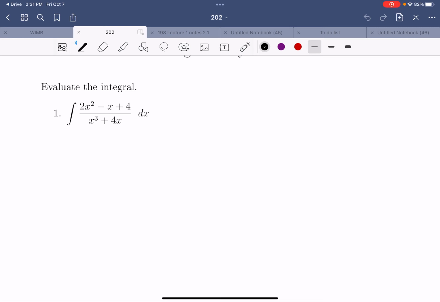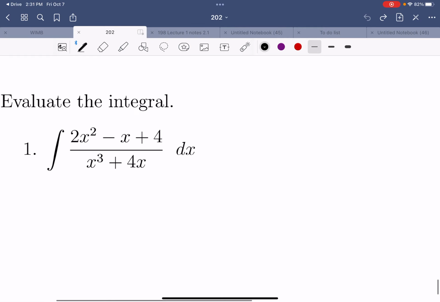Notice that the first thing I look at is the fact that the degree on top is less than the degree on the bottom, so I don't have to divide anything through. I can start by looking at, can I factor the denominator? So the first thing I'm going to do is go ahead and factor out an x. So this is the integral of 2x squared minus x plus 4 all over x times x squared plus 4